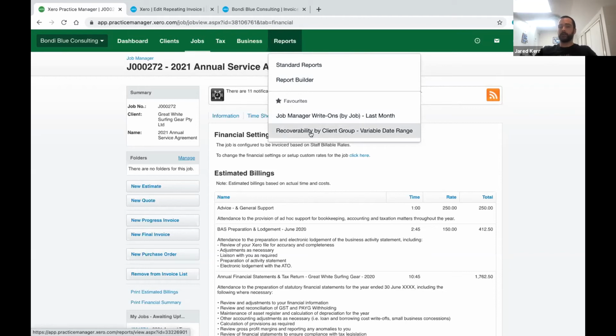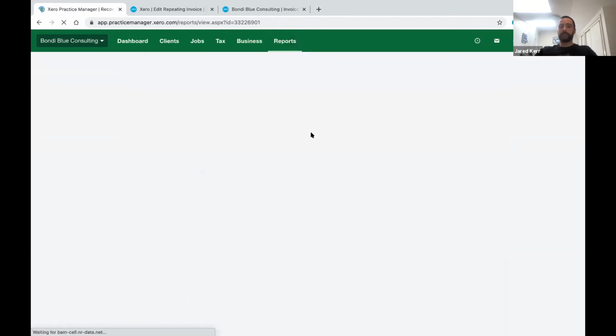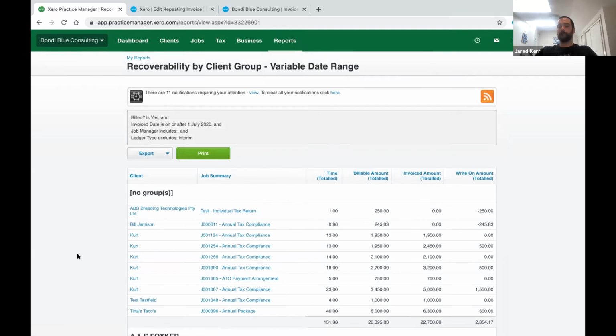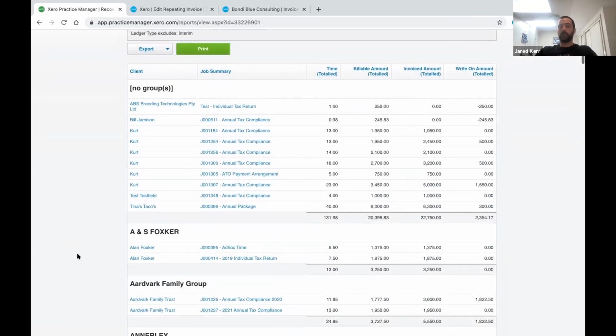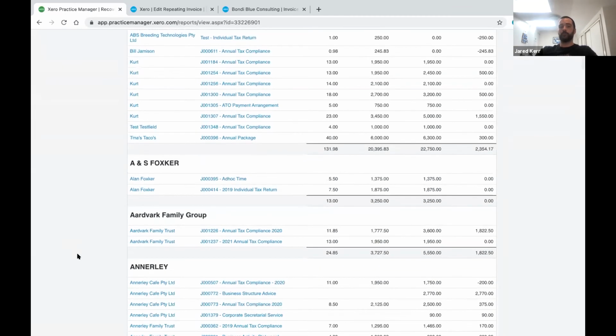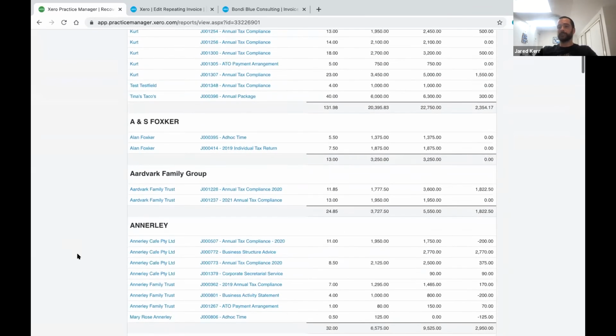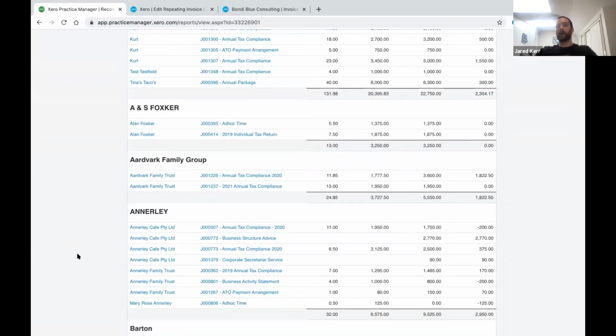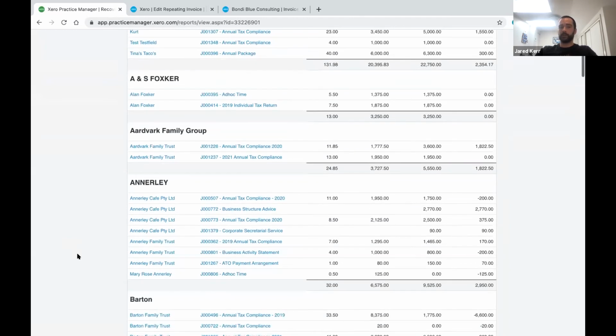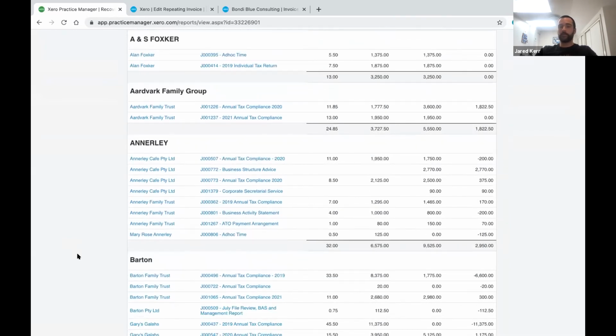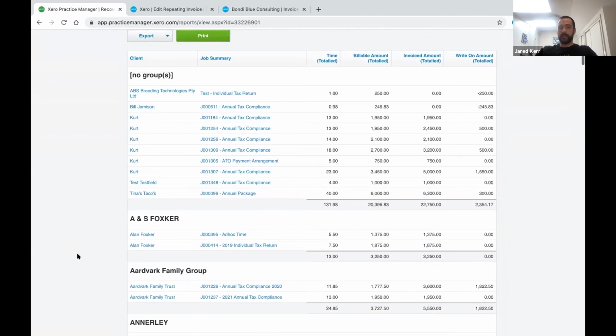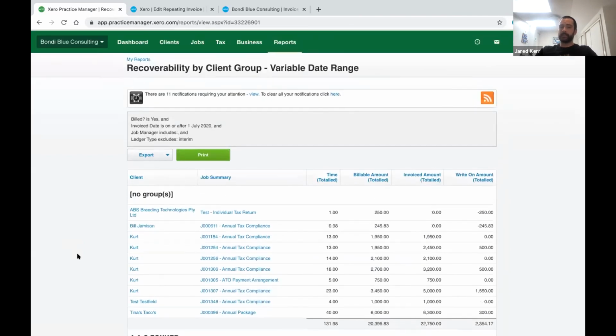Now, one I just want to take a look at that I've already favorited is the recoverability by client group report. Essentially, I've set this up to see a breakdown of all of our client groups and see how profitable the clients that we are working for are, and use this as a review to see our overall write-ons and write-offs for our different client groups. Again, reporting can go really into depth in a number of different aspects that you might be trying to pull